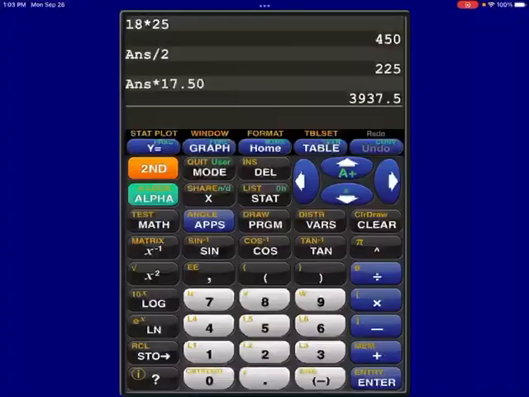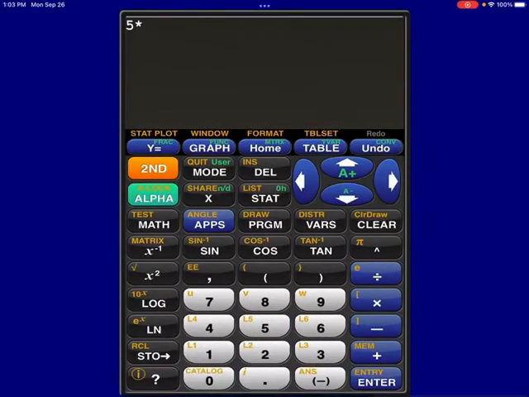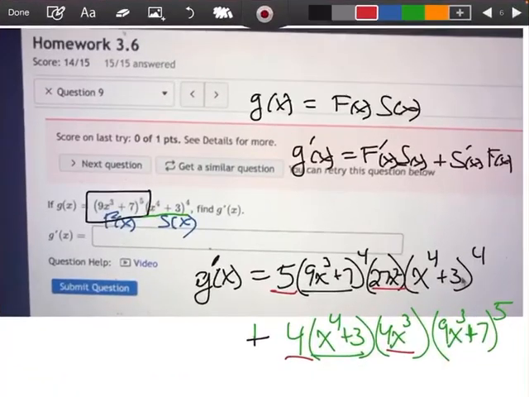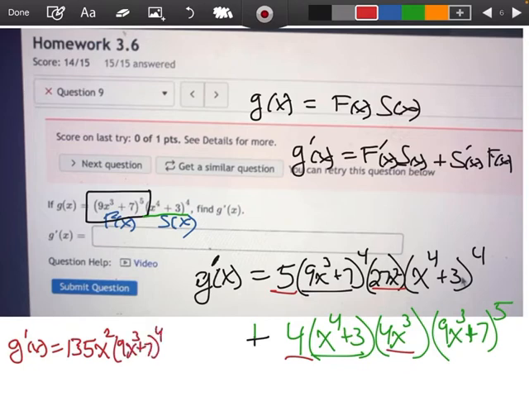Let's see. Let me clear this out. What's 5 times 27? 135. So I would say g prime of x equals 135 x squared times 9x to the third plus 7 to the fourth times x to the fourth plus 3 to the fourth